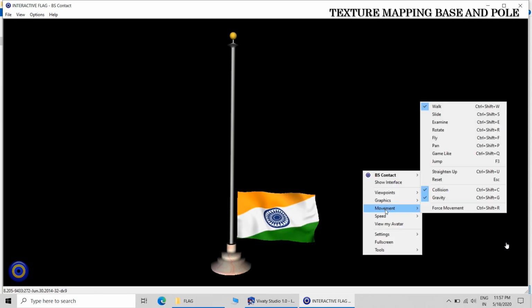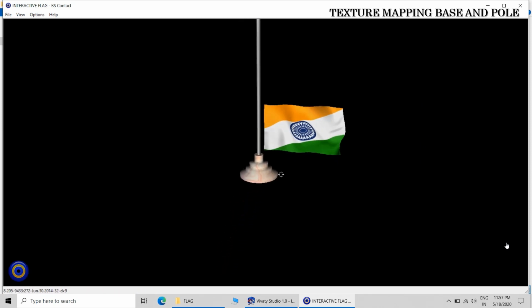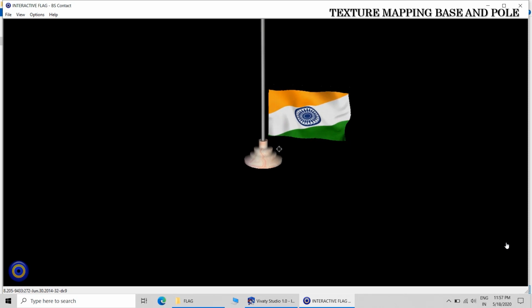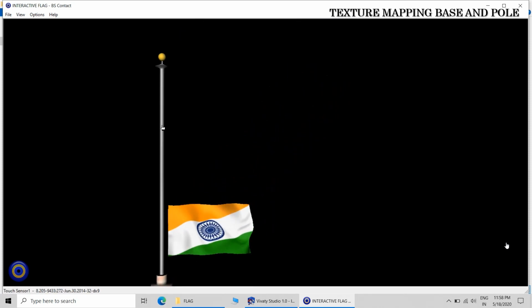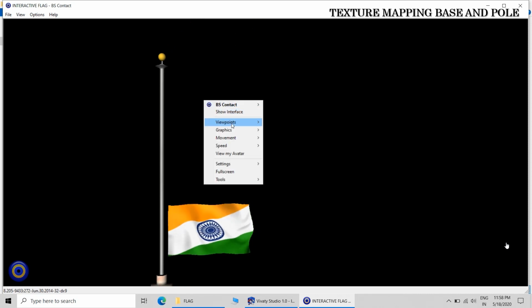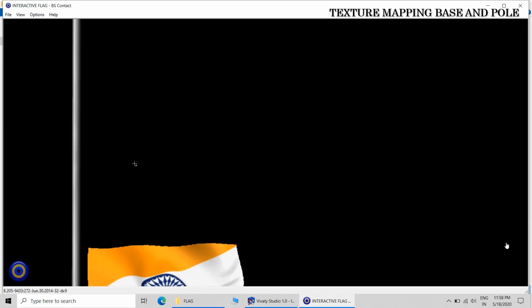The only problem is how to go close to the flag. That is the problem, because if we want to use the jump tool, then also we cannot go close to the flag, because I want to show you how the pole is looking, whether the texture is properly applied or not.